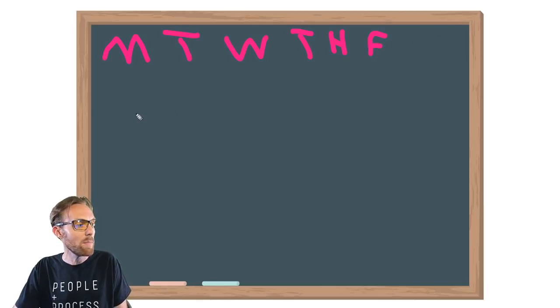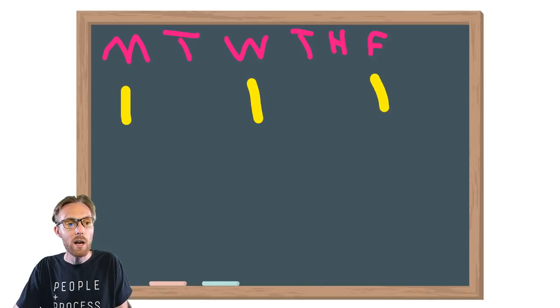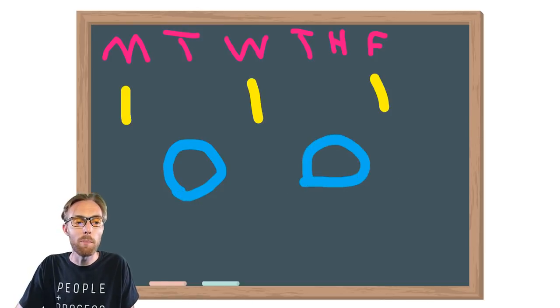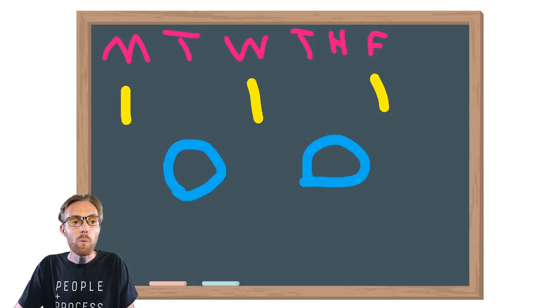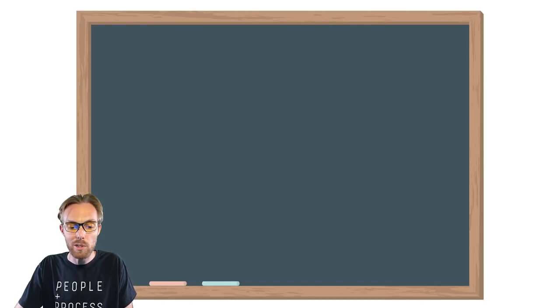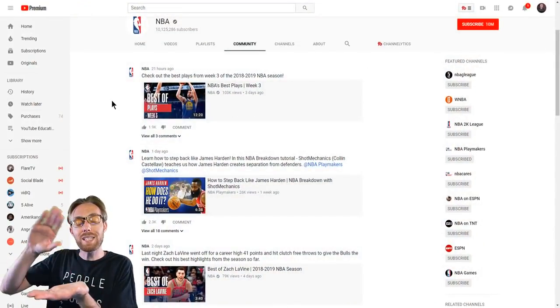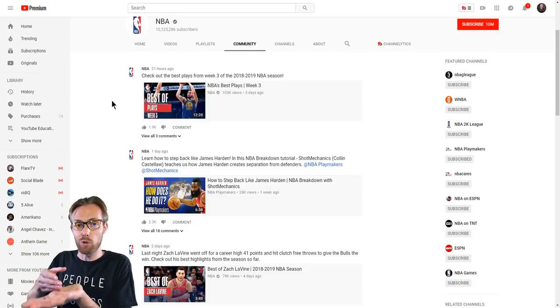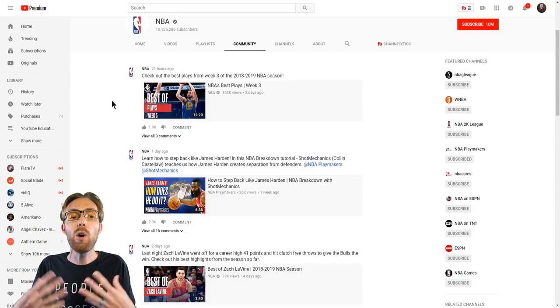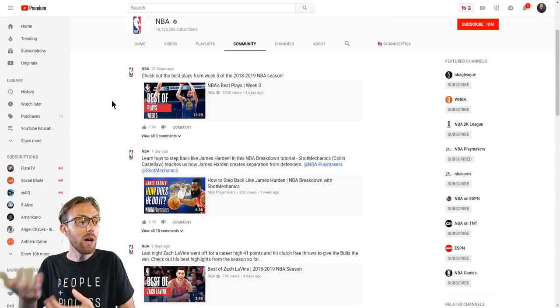We'll just put it here, right? And let's say you're releasing videos on Monday, Wednesday, and Friday. You've now got open spots on your channel here on Tuesday and on Thursday, for example. So what you can do is what the NBA is doing on their channel, which is doing community tab posts during off times. And so that can help stimulate your audience and generate more spikes in your views and your watch time on your channel during off times when you are not actually posting a video,